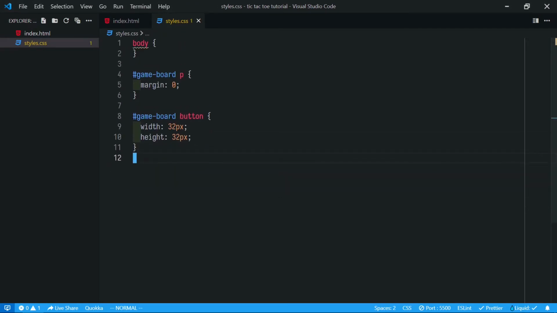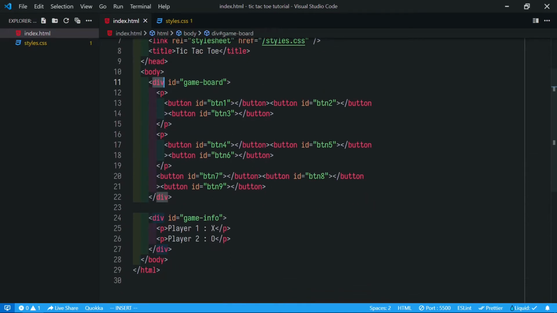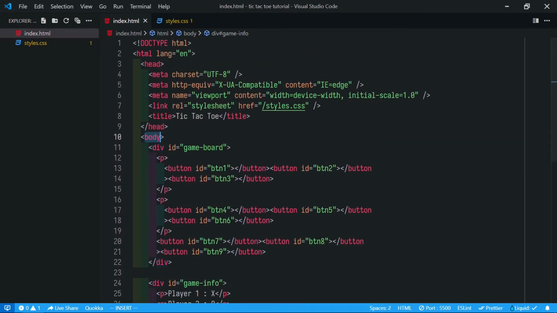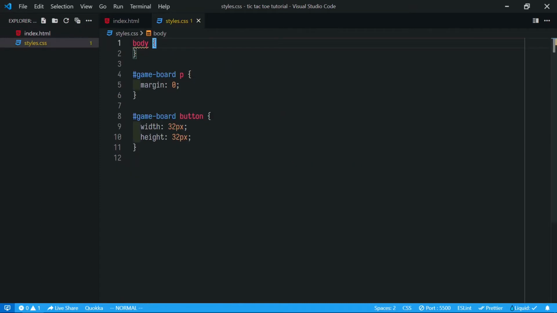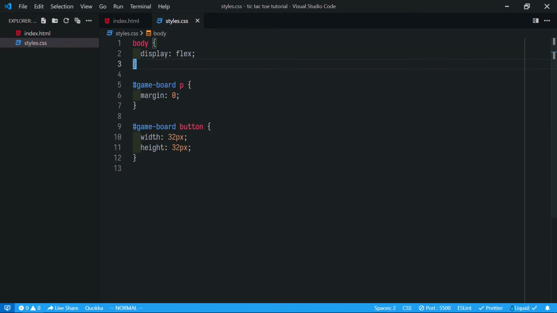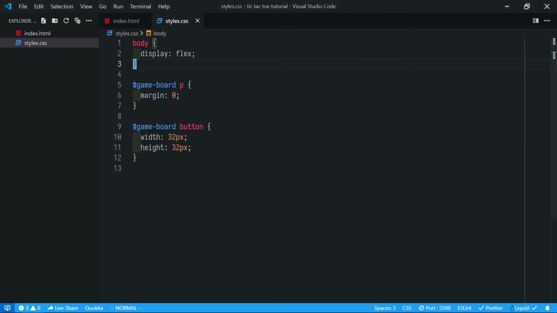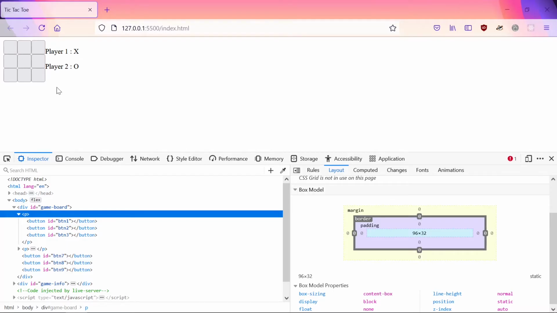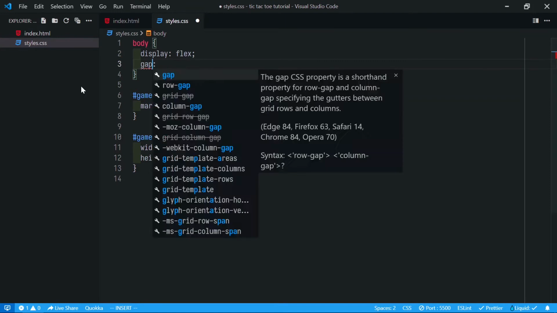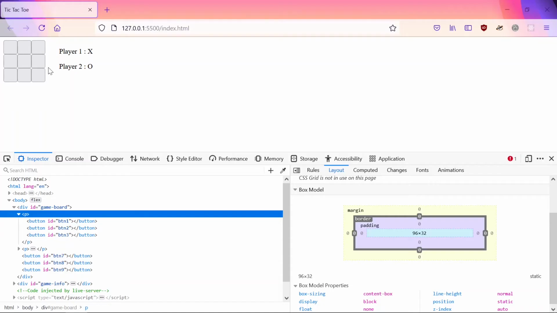Okay, so we have to use flex on the parent of these. So this and this has the common parent body. So what we do is we say display flex. If we do display flex, it will put the items next to each other, and if you want some gap between these, we do gap 32 pixels. Now we have the gap.